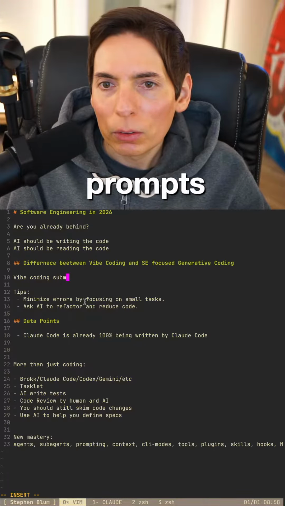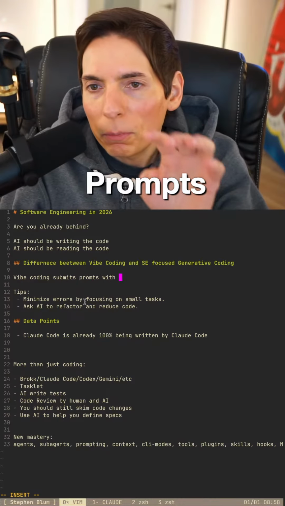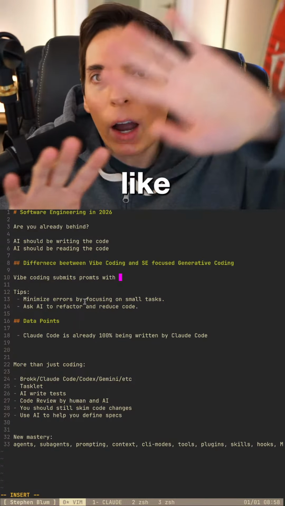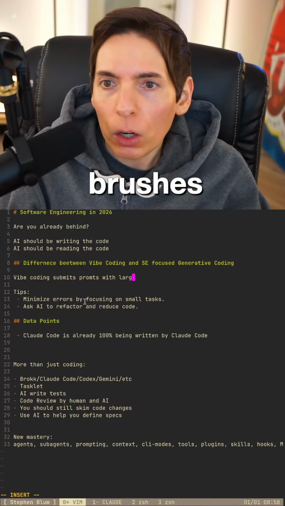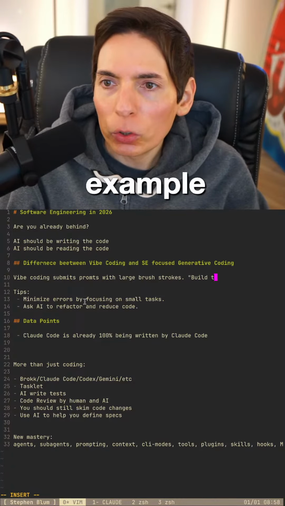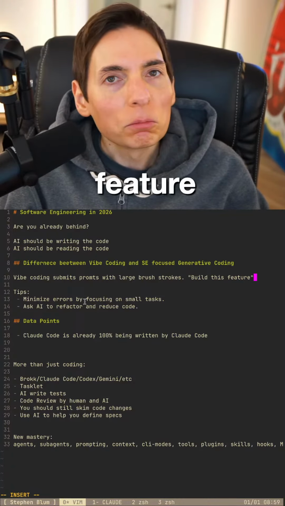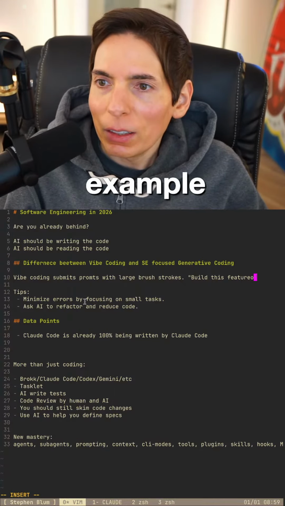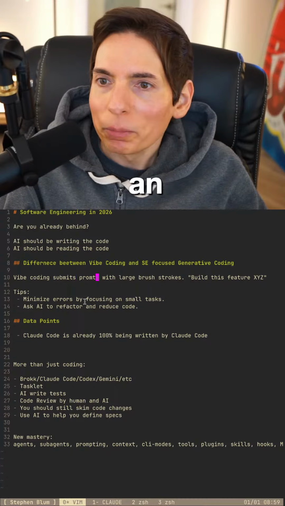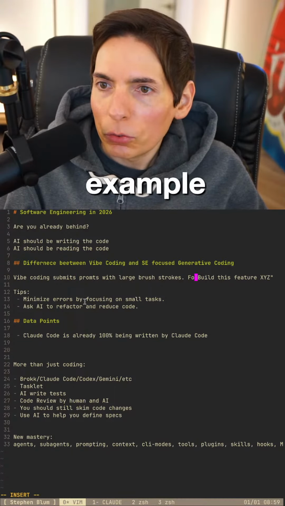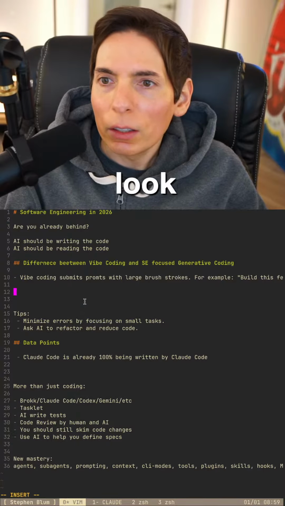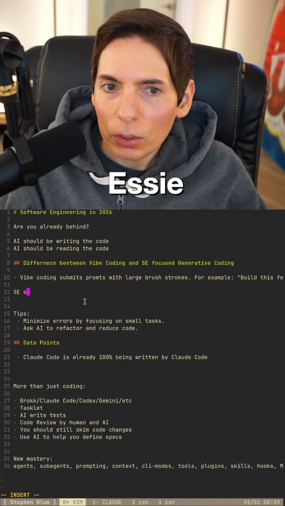Vibe coding submits prompts that are like wide brushes, large brush strokes. For example, build this feature. For example, like XYZ. That's an example. I'll do this, and then software engineering focused